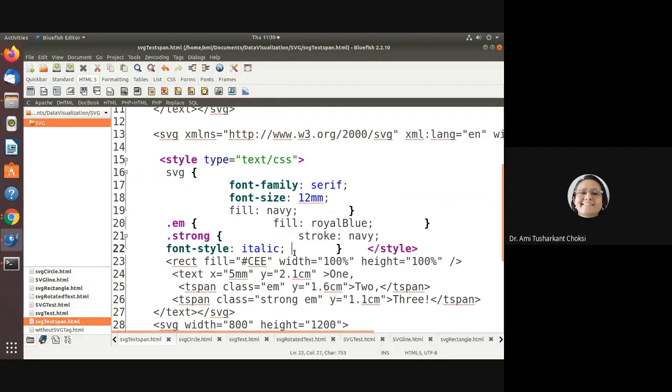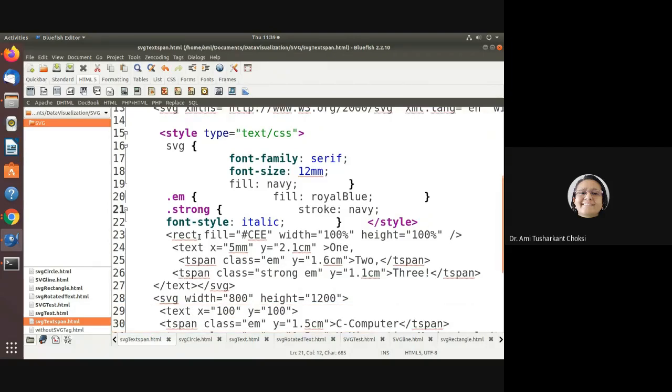See, this strong is started. It is not yet finished. It is finishing at this point. Okay, so we are specifying some more properties for the style of the strong class, that is, font style is italic. Fine. So we are specifying the style for the SVG tag, EM class and strong class. Fine. After that, what we are having is,